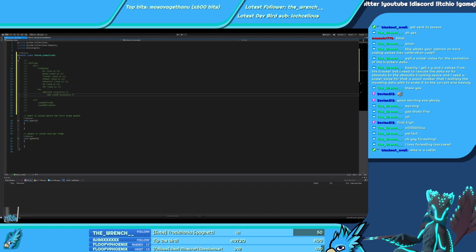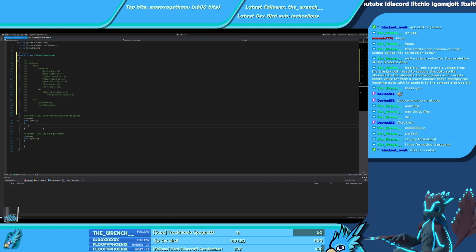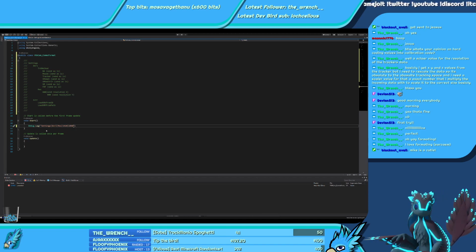Send resolution Y. So these are all the paths I'm making for how I can format the string. So for example, if I wanted to change the resolution, I would send something like settings, separator, general, separator, res, separator, the first number, the second number. And that is the string I would send via TCP.